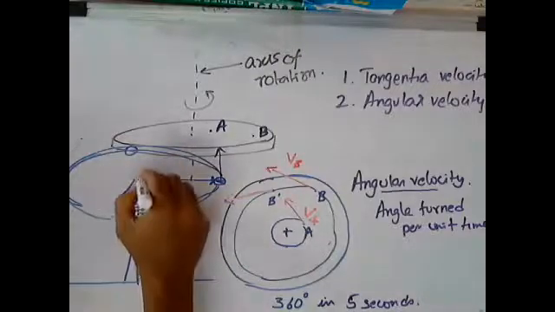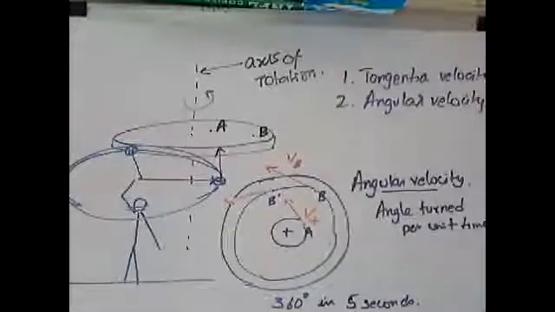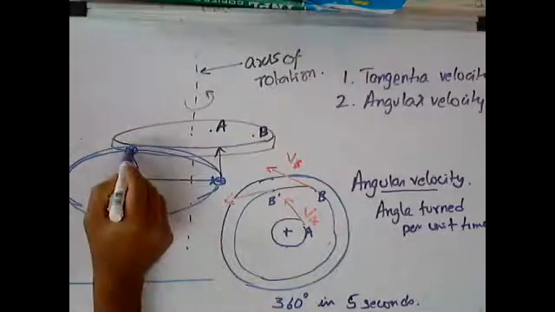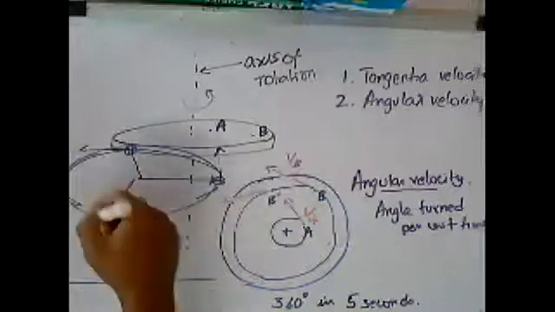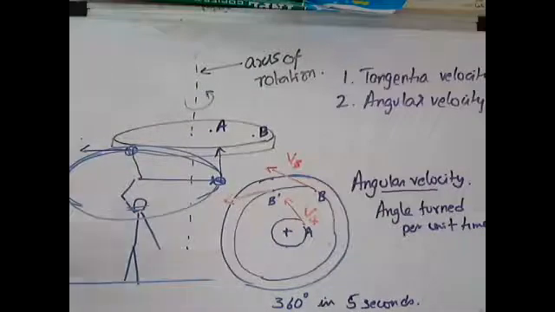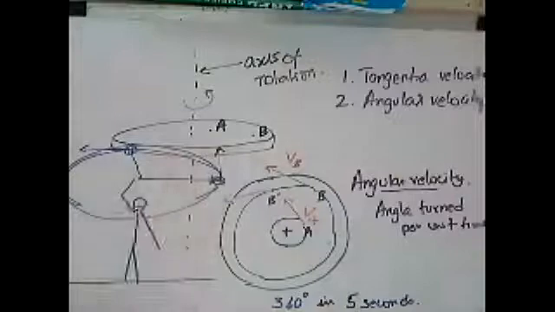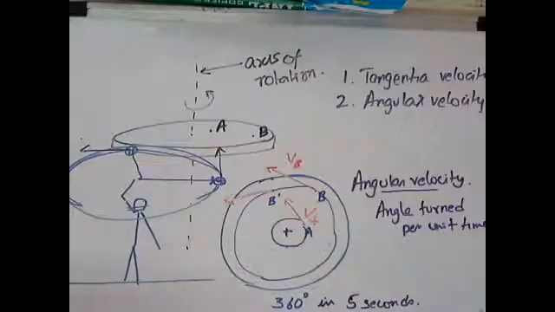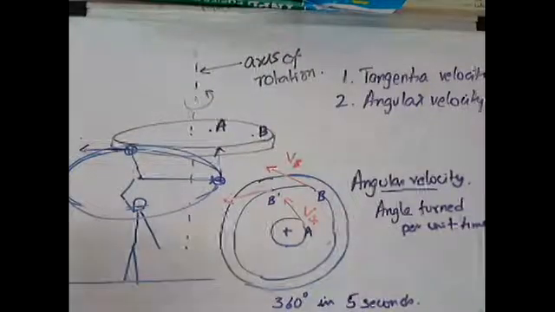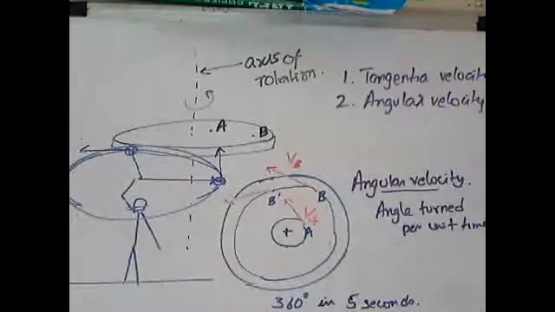When the stone has shifted to a new position as it's spinning around, the tangential velocity obviously will now be in this direction, assuming that it's going around like this in an anti-clockwise direction to the plane of the whiteboard. So therefore we can say that the velocity has changed. Maybe the magnitude remains the same, but the direction has changed. And if the direction changes, we will have to say that the velocity has changed.